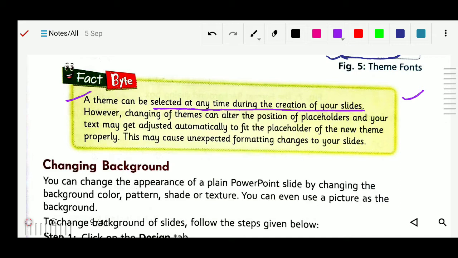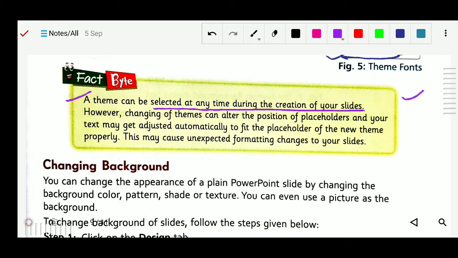However, changing the theme can alter the position of placeholders, and your text may get adjusted automatically to fit the placeholder of the new theme properly. Suppose whatever text or information you have written on that particular slide, and now you have selected a different theme.